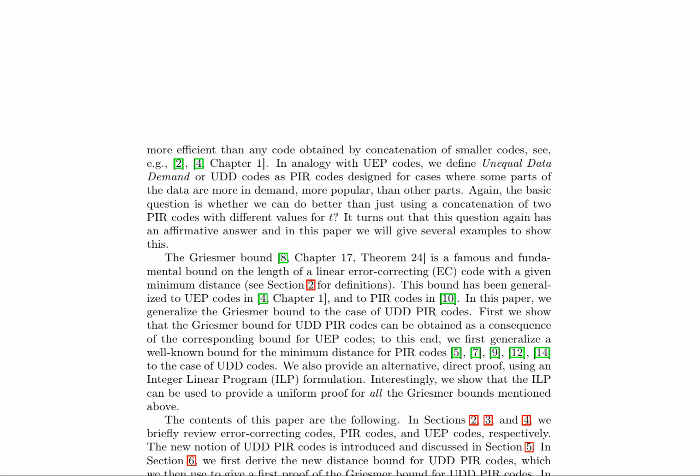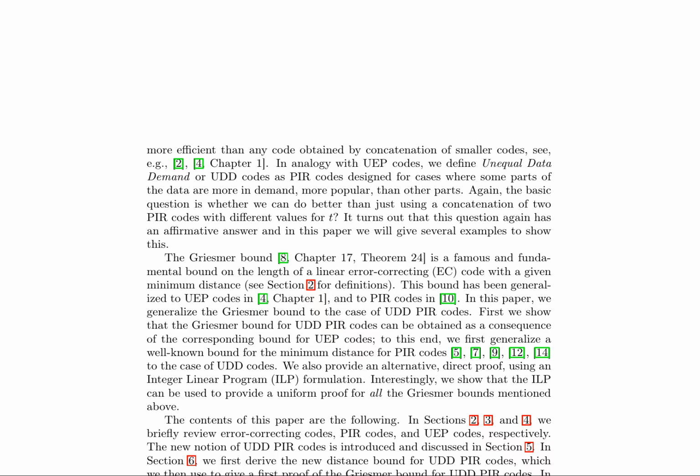The concept of Unequal-Data-Demand (UDD) codes is introduced as an extension of private information retrieval (PIR) codes, designed for scenarios where certain parts of the data are more in demand than others. This paper explores whether UDD codes can be more efficient than simply concatenating two PIR codes with different values for